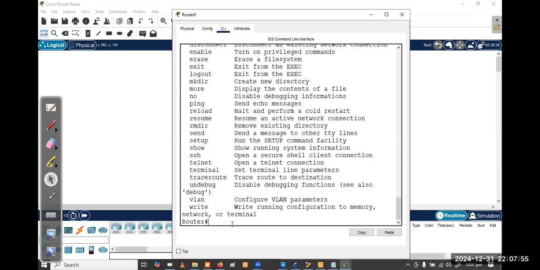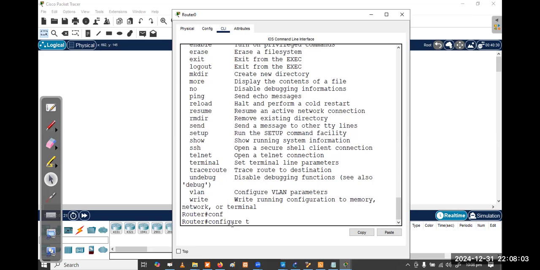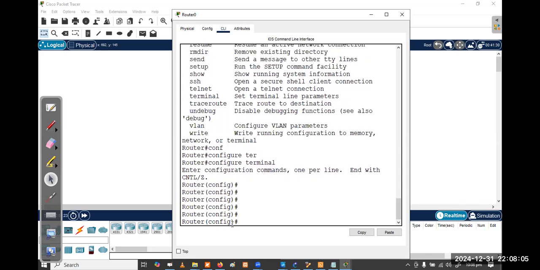Then after that, we have to go to the third mode, called global configuration mode. If you type configure terminal, you can go to that mode. In this mode, you can assign an IP address, create VLANs, and do some other configuration as well.